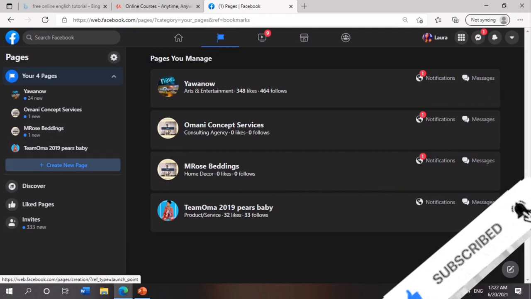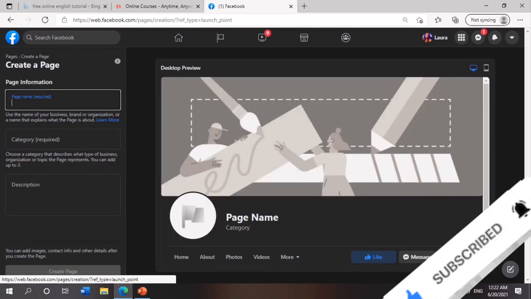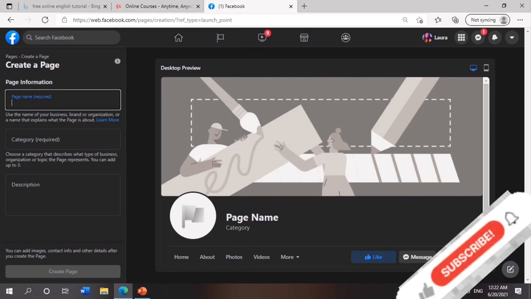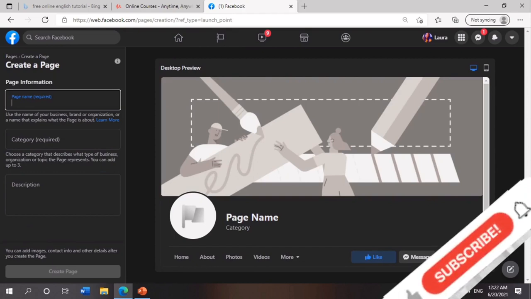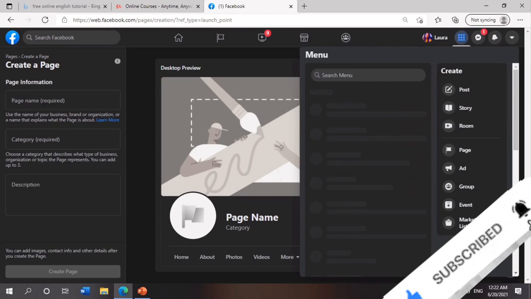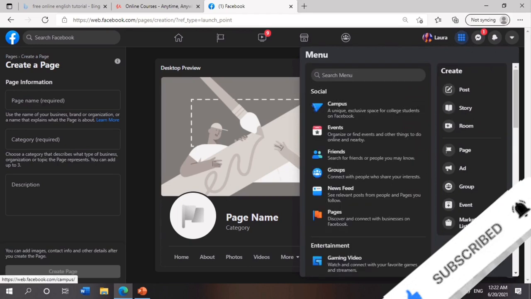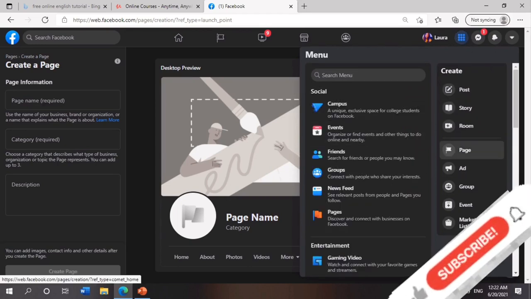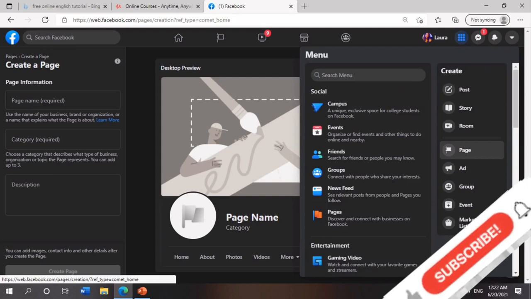Where I can click on the plus sign, create new page, and also take me back to this place. They both share the same function, so it depends on which you prefer. Here, when you click on the nine buttons, it will bring up menus and drop-down lists. Here, if you look at the flag that has Page, it will also take you to the prompt where